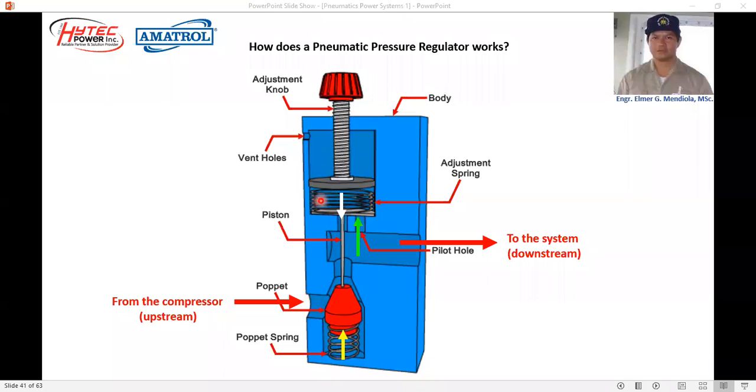So some of the pressurized air will transfer to the other side through the gaps on the side of the piston. So what will happen if there's no vent hole? The pressurized air will accumulate, which prevents the normal functioning of the regulator. So that's why the vent hole is